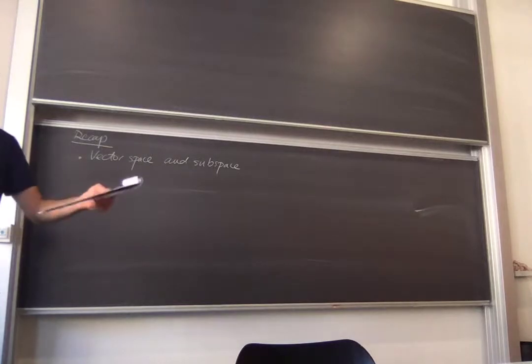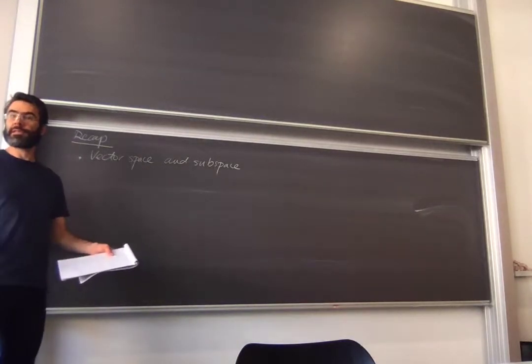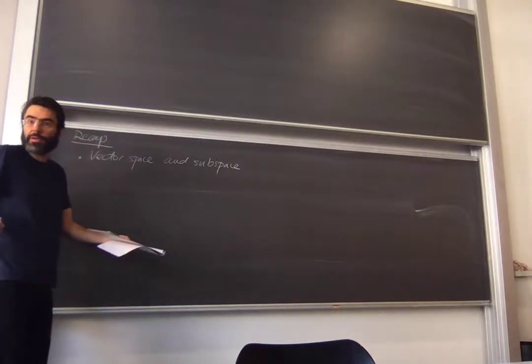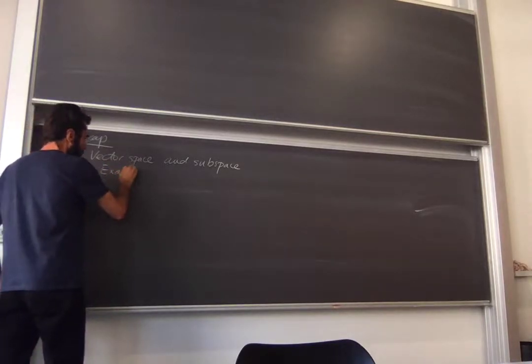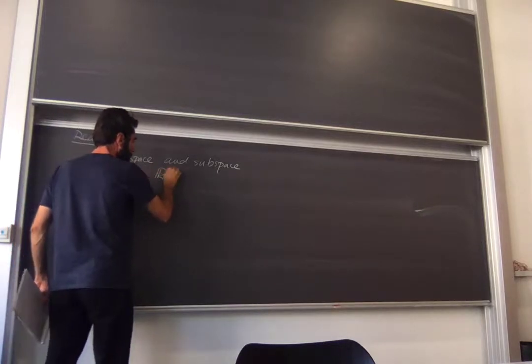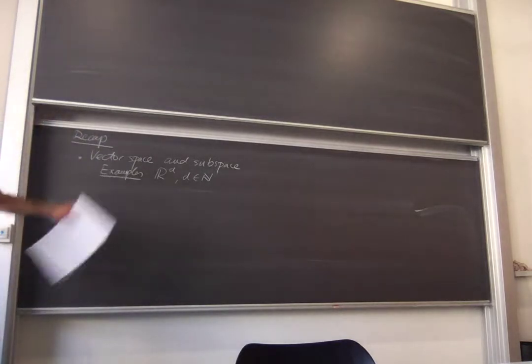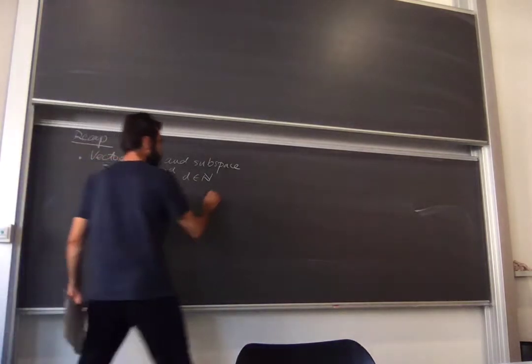So, examples. Let's start with the easy things. What are the examples of vector spaces that we have seen so far? Well, the usual geometric Euclidean vector spaces. Okay, so examples. R^d, okay, that's also known as the Cartesian Euclidean space. Okay, so this is Cartesian